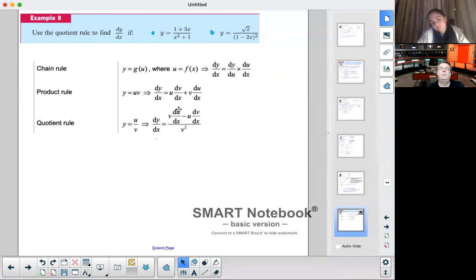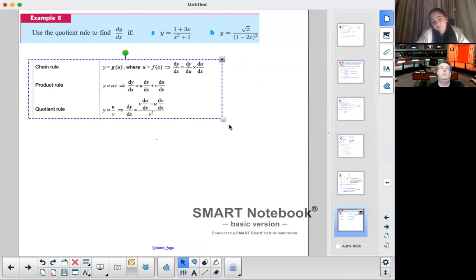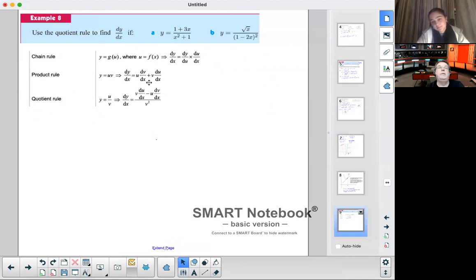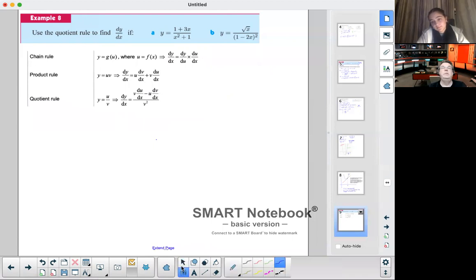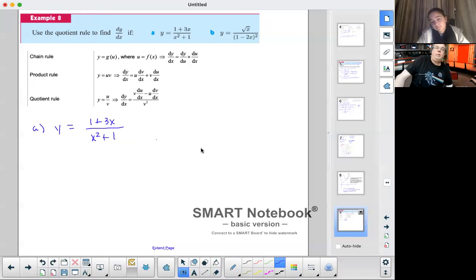Okay. All right. So how are we doing? We can probably get one, maybe both of them in. So a, y equals 1 plus 3x over x squared plus 1. And some people, I don't like to do this, because if I have the formula right in front of me, I feel like I can use it, especially if the derivatives are easy. But some people will do this.